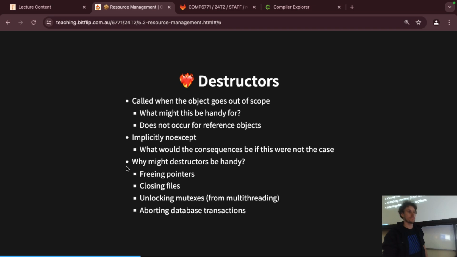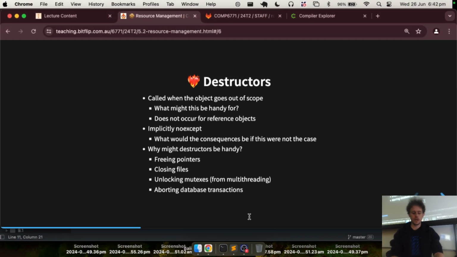Does that mean like post-destruction, or what about pre-destruction? I don't understand what you mean by pre or post destruction. Because you're saying when you delete it, and then you throw